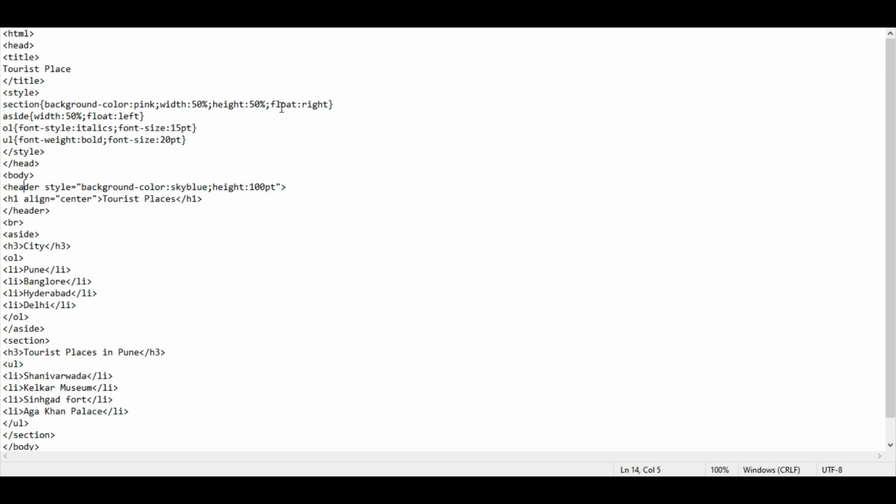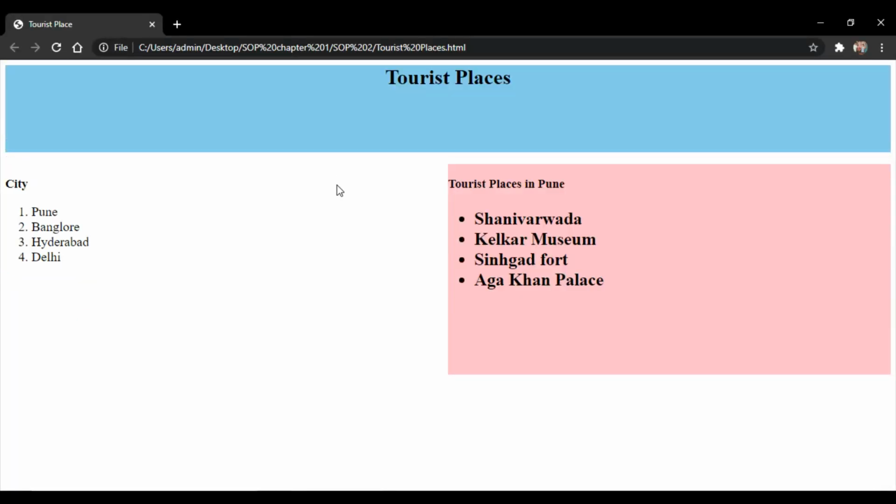So I'll just put a Control S here. I'll show you the output quickly. So this is our output. As you can see, as given in the SOP2 layout that has been given to us, with our blue background over here, pink background over here.